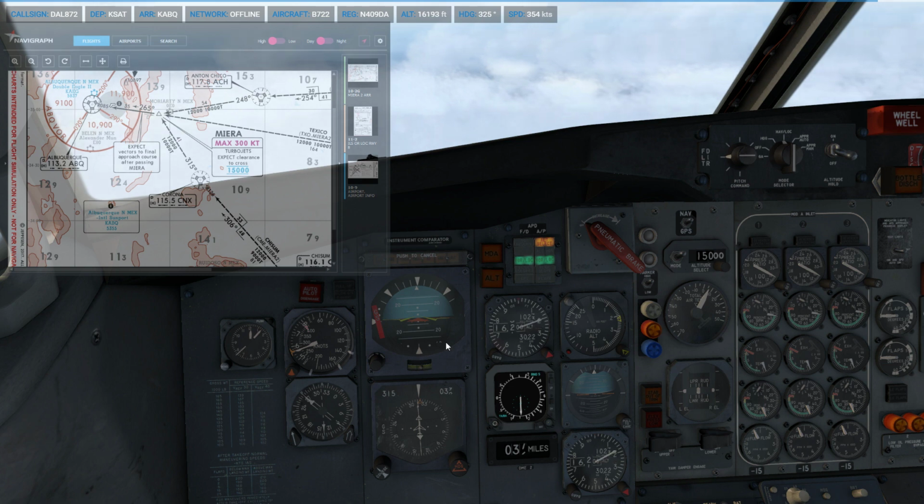And 39 miles. We're gonna cross almost perfectly at 41,000. Which means it's time to actually turn to